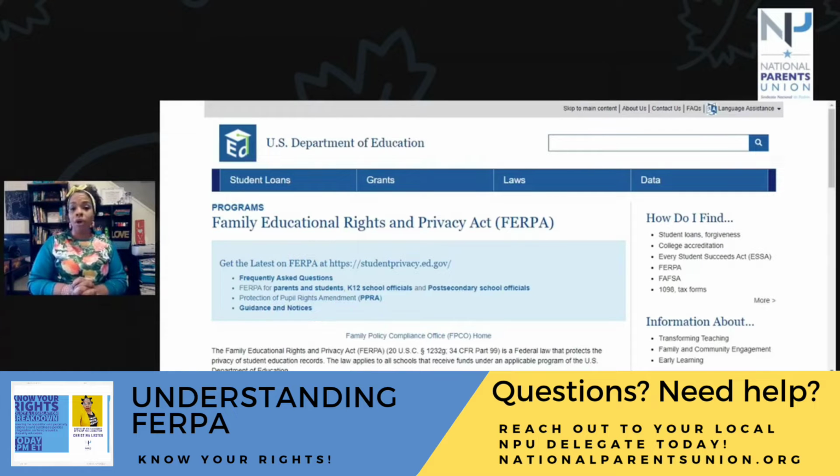However, what you do need to know is that courts have held that individuals who merely audit classes, or who are accepted to an educational institution but do not attend any classes, are not students. For you college students, I'm talking about that at the end. Don't think that it doesn't apply to you, because it does. So if you're auditing a class, make sure that you are aware that FERPA rights don't apply to you, and be careful with what you're sharing.